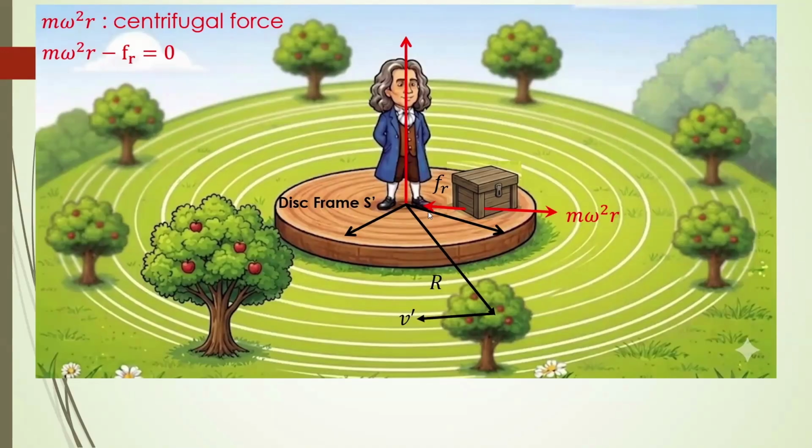Where is this man? Is he at the center of the disk or where? Ma'am, don't think about this man. It is just a symbolic form. You just think that our frame of reference S dash is fixed at the center of the disk. Just omit this observer. So the frame of reference is always on the axis, right? Yes. That is why I told you in the very first class not to see the observer as a real human. It is just a symbolic form of the frame of reference. That is what we take in physics.